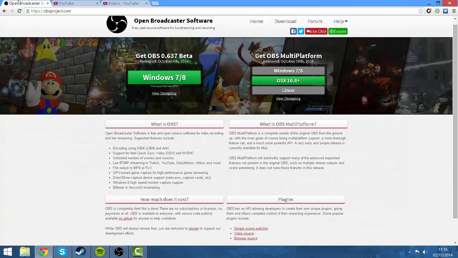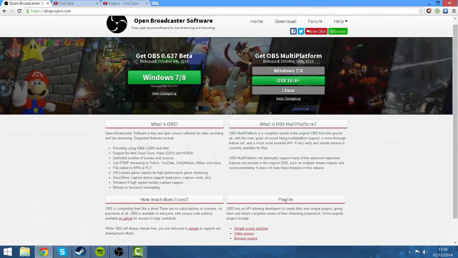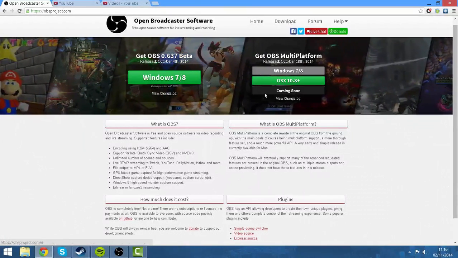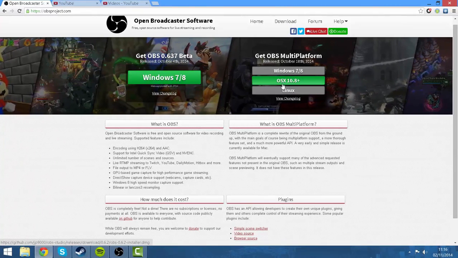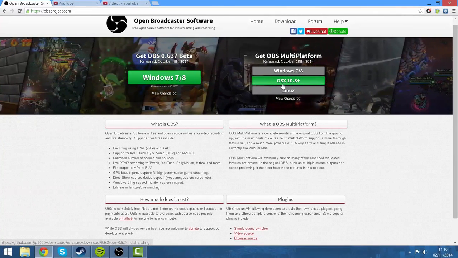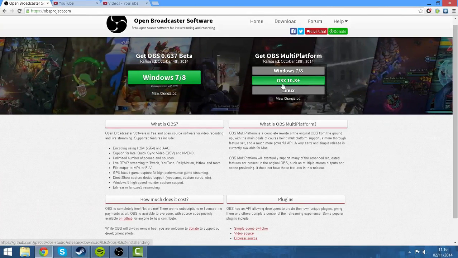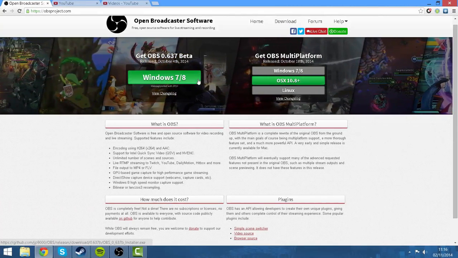But anyway, I'm going to show you how to use this software, or a basic overview of the features and how to quickly set it up and get yourself going. So firstly you're going to want to head over to here, and they have a Windows 7 and 8 version and an OS X 10.8 Plus version. They don't have the multi-platform for Windows 7 and 8 and Linux just yet. They are working on it. So basically, you're going to want to download this, install it,